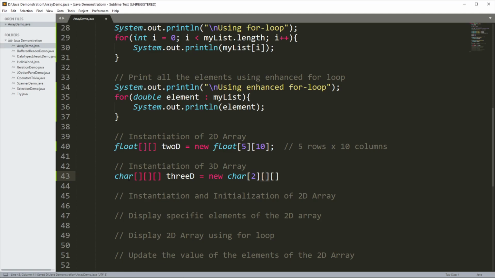So, 2, 5, 10. So, this is 2 by 5 by 10 character array. So, how about this? Ilan yung